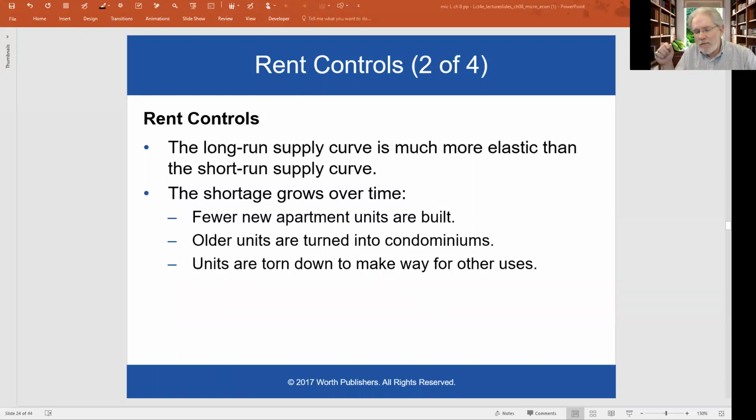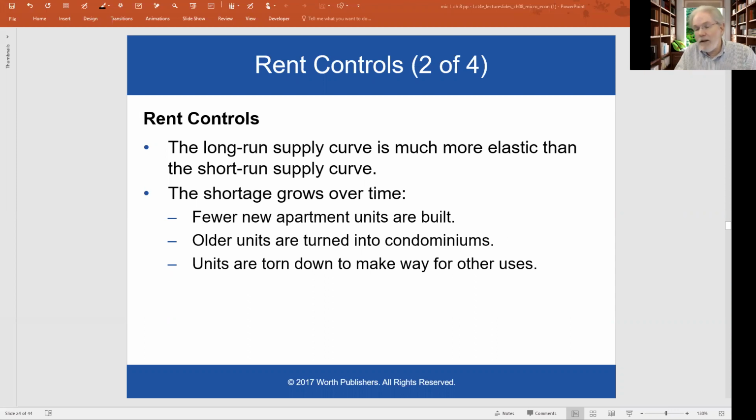These are things that we're not just saying might sometimes happen. We're saying that there are very good reasons to believe that when we impose a ceiling, we keep the price below the level that it would otherwise be at, we should expect these things to happen. We should be surprised if they don't happen. Often controls are put into place and people are surprised when these very predictable things happen.